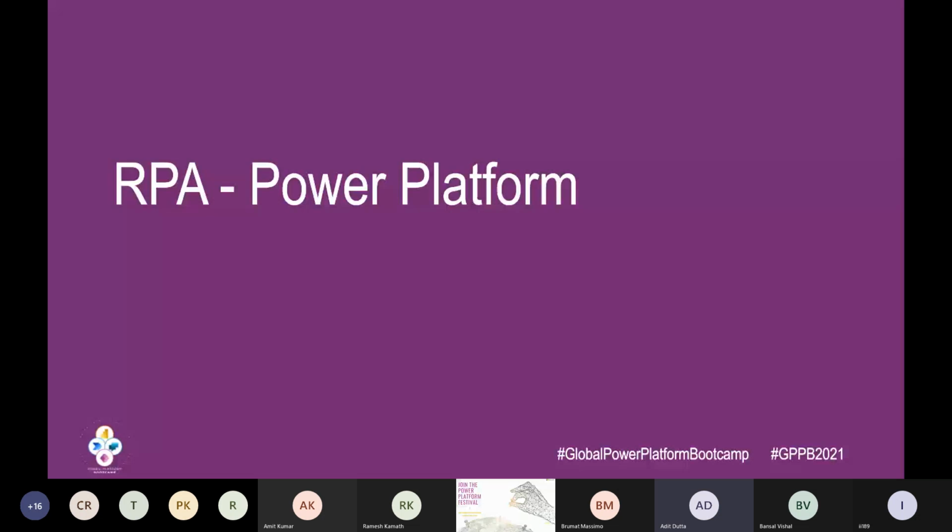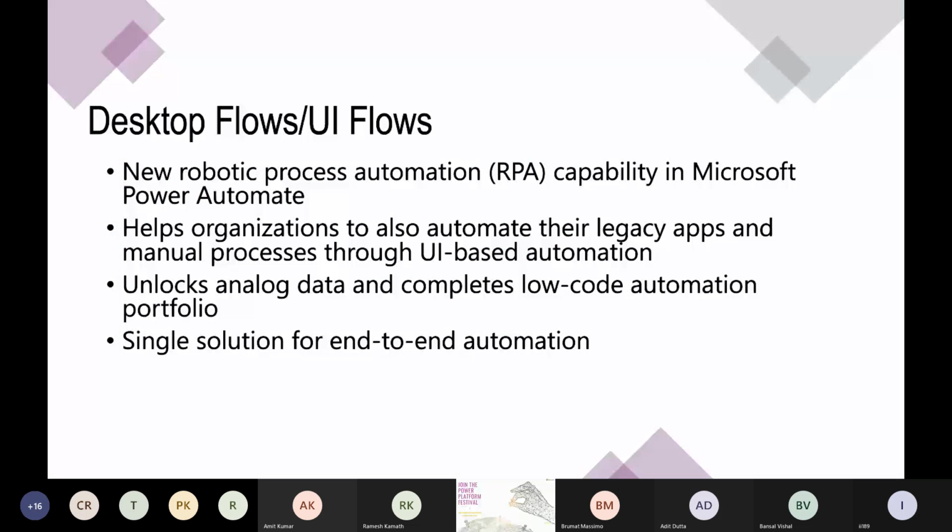So how does it work? I mean, as I said, it's a different process. What I mean by a different process is that in Power Platform, you create a different set of flows right now. It could be a UI flow, it could be a schedule flow, or a business process flow, and things like that. So this is a new type of flow coming, or a new feature added on Power Automate, which is predominantly for this RPA capability. So as I said, what it does is it actually helps the organization to also automate